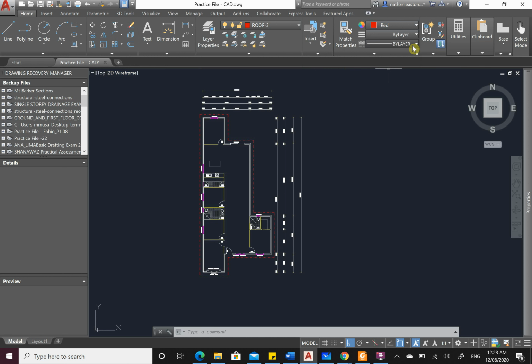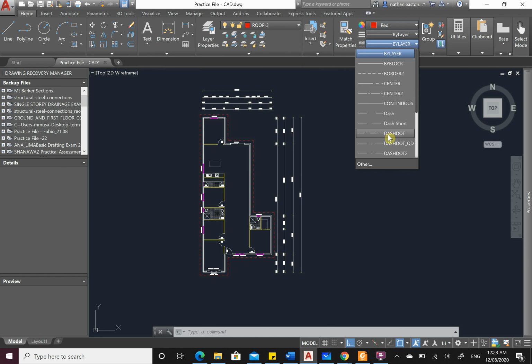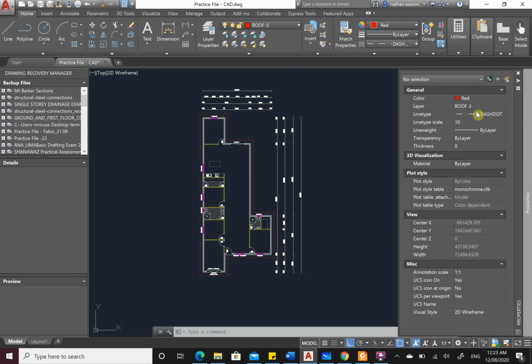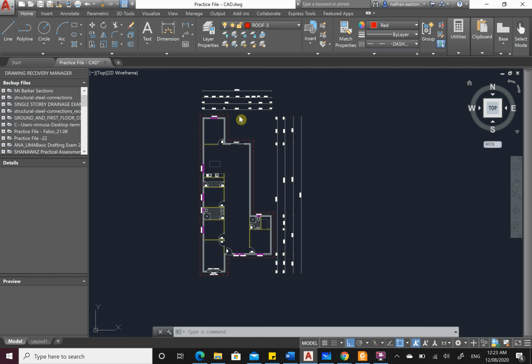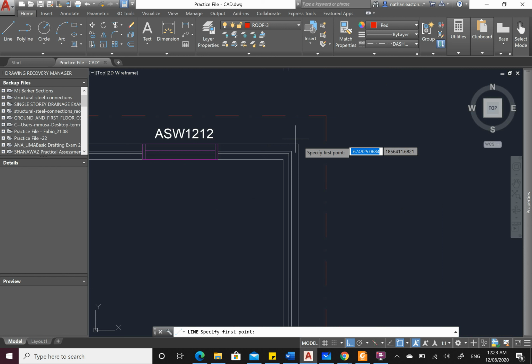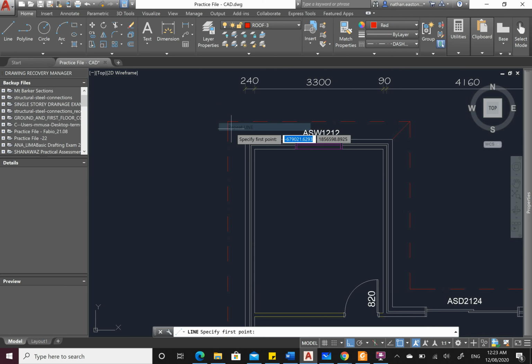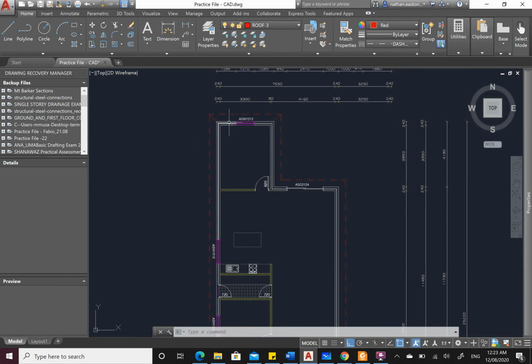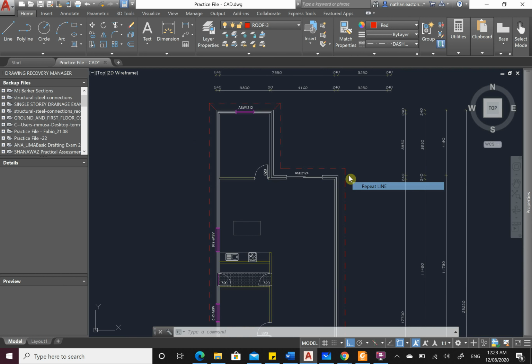Red, dash dot, cool, 2500, enter. Line. So how do we get these lines at 45 degrees? Well, we've offset straight out, so that line there is 45 degrees. Same with this one. Alright, so the first thing we do is we come to all of our corners and